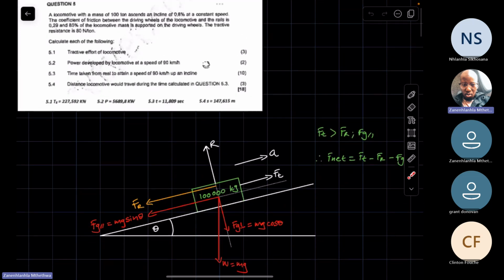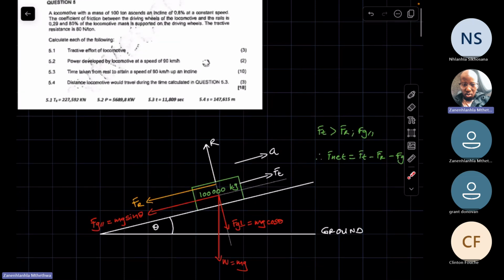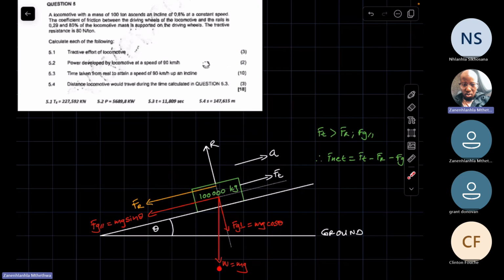And then looking at the forces that the locomotive is being subjected to, we know that you have the weight of the locomotive, right? Now, the weight of the object is always acting perpendicular to the ground. So this here being the ground, this being perpendicular to the ground, means that we have to essentially resolve the weight into its